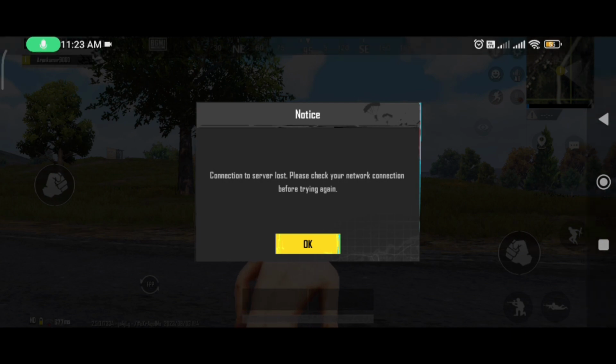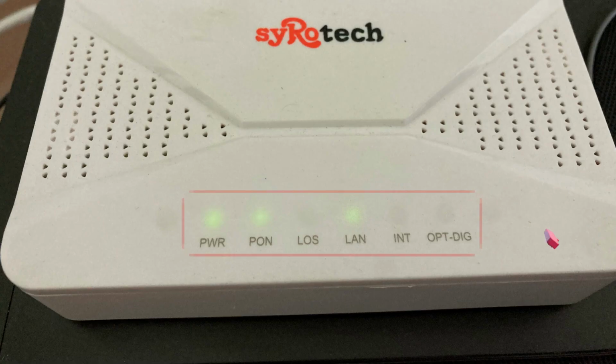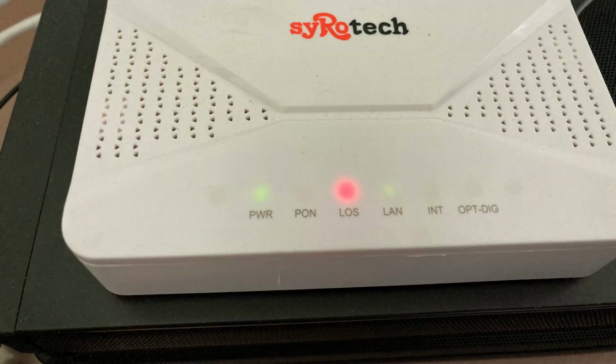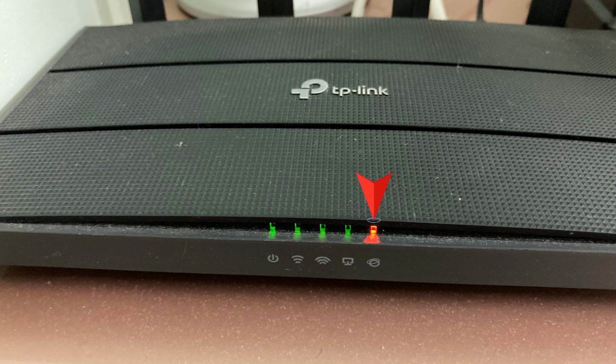So first of all, if you are a Wi-Fi user, just check your fiber router indicators to see if all the lights glow green or not. If it shows any red signal, there may be a problem with your fiber cable, so just check it. At the same time, if your Wi-Fi router indicates any warning signal about a problem with your service provider, which means that maybe your DNS server is not responding, just ask about this issue to your service provider.